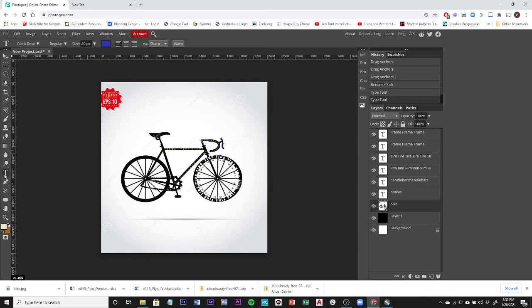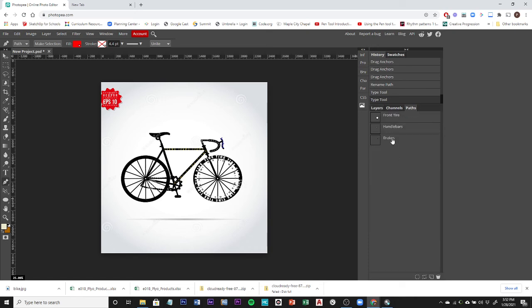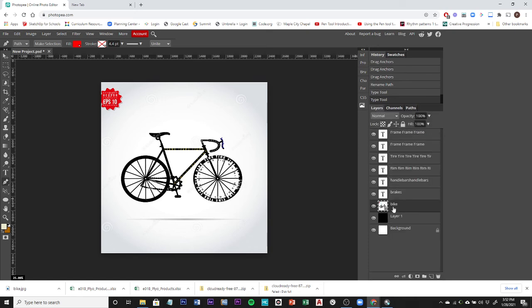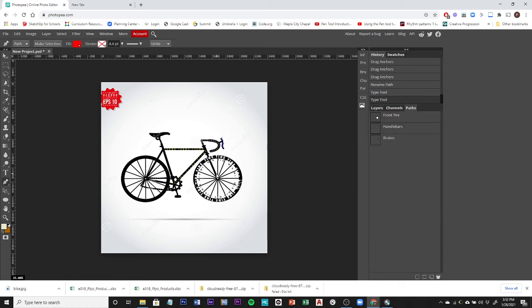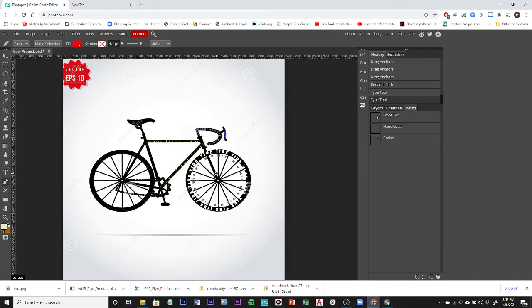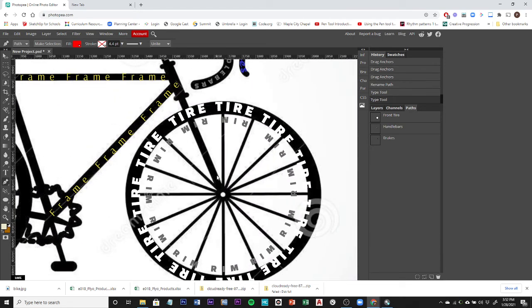right here. Just a straight line. So I can now go into my paths, make sure I don't have anything selected, go into my layers, make sure I'm not on any existing path, and I'm going to zoom in here. I'm going to try to place something here, and it's actually working, so that's good. So now I have a path,